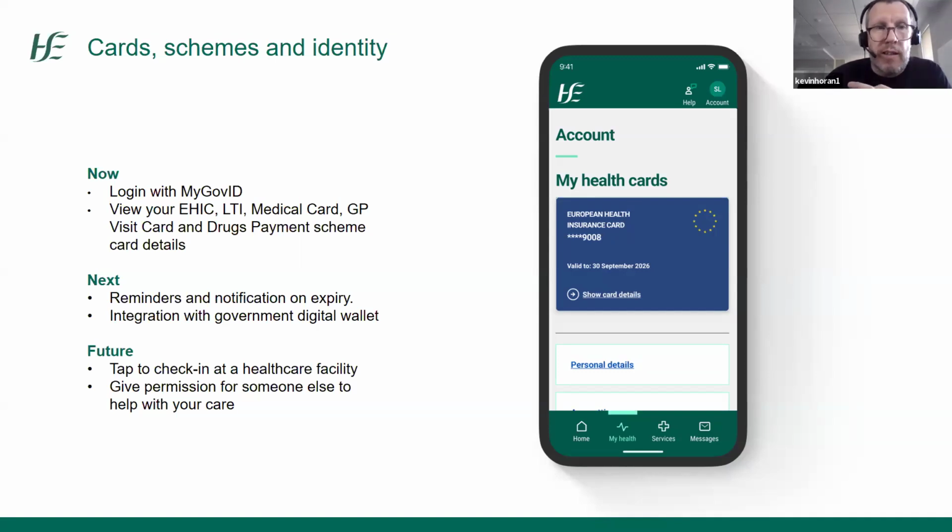Some of the future use cases here is that we would see the facility for people to use the app to check in at a healthcare facility. Because we're able to share your information in a contactless way, we'll be looking in future to make it possible for you to walk into a hospital and verify your identity using your phone, so you don't have to repeat ad infinitum your name, address and personal information. We'd also like to work with the various stakeholders to improve the application processes for those various entitlements.